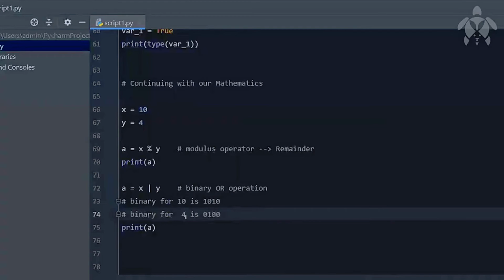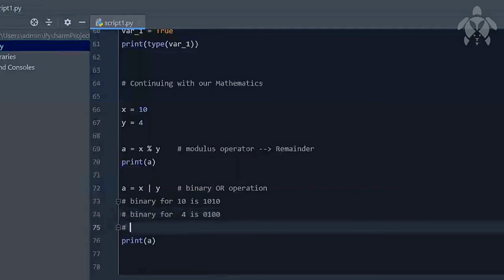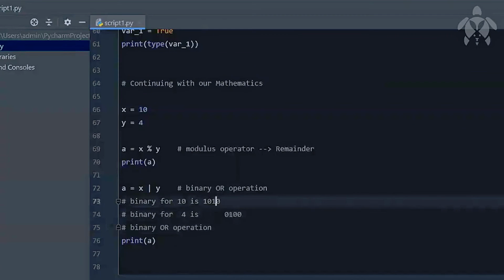2 is 10, 3 is 11, 4 is 100. So if I do a binary OR operation here, when you do an OR operation, if any of the two digits is 1, the output is 1, and if both are 0, the output is 0.